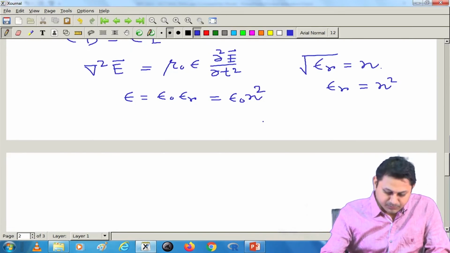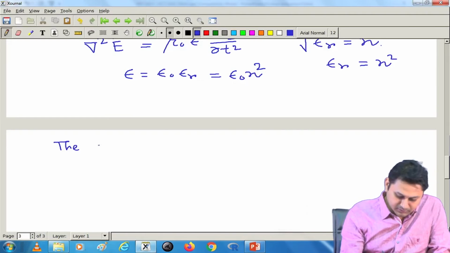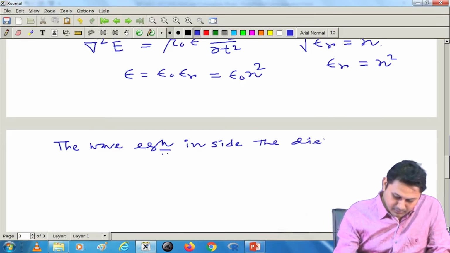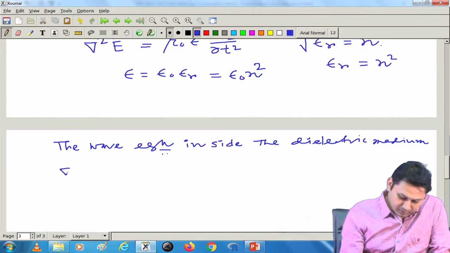We can put this equation here in the wave equation. So, the wave equation finally comes out to be, the wave equation inside the dielectric medium will be grad square E equal to